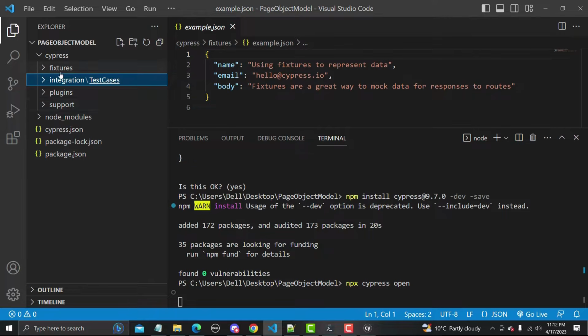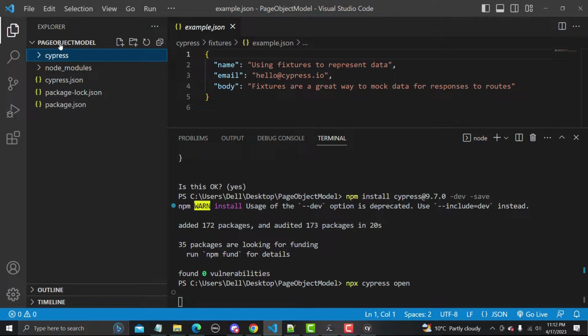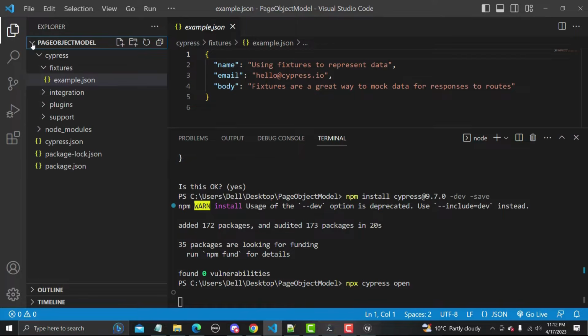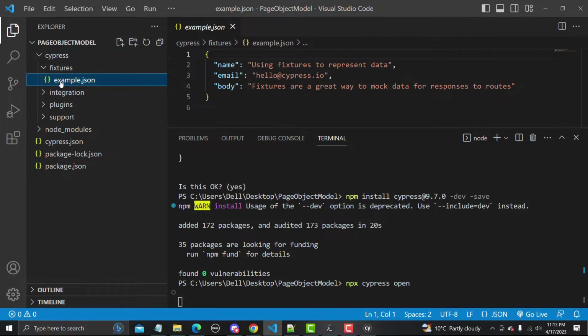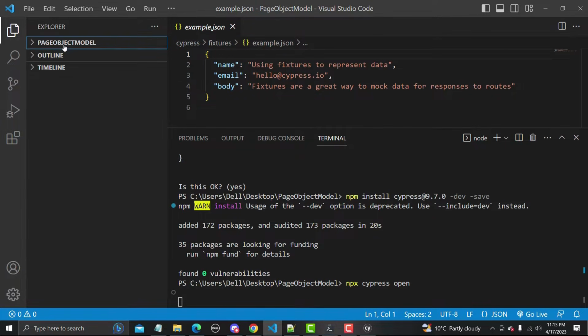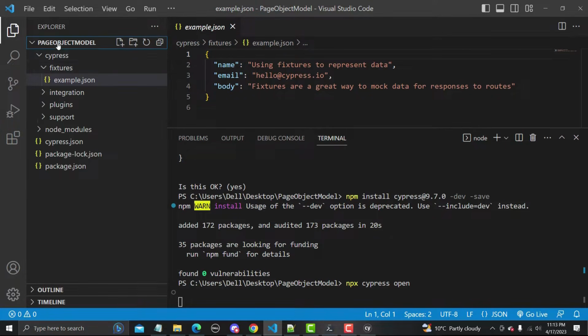And now what we need to do is create the page object model folders here, and that needs to be done on the main root directory here. So simply go here, and actually it's the wrong place, so let me unselect this one, unselect this one, unselect this one, and this is the main folder here.